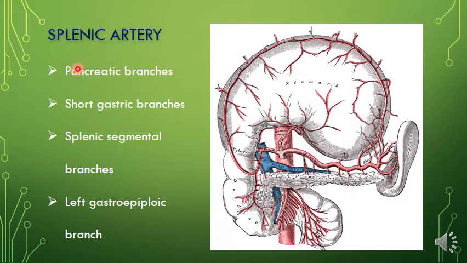The splenic artery, this one is the splenic artery here. Okay. So the splenic artery here, this stomach is just lifted upwards, because it actually covers this area, but it is lifted upwards so that you can see this is the greater curvature of the stomach and this is the lesser curvature of the stomach. So to visualize the splenic artery clearly, the stomach is lifted upwards. The splenic artery is the largest branch of the celiac trunk and is remarkably tortuous. You can see the tortuosity here.